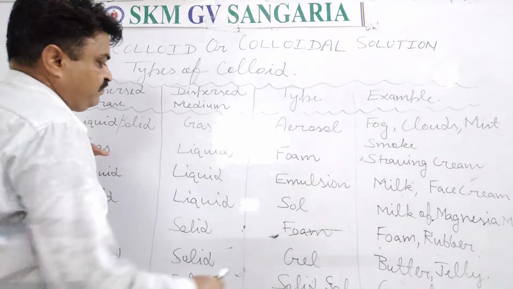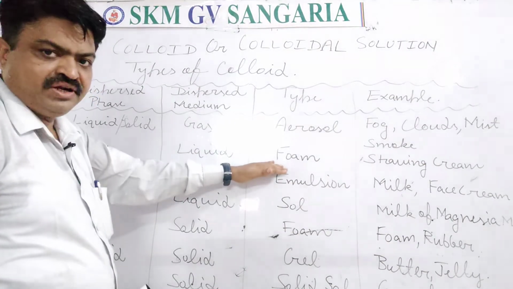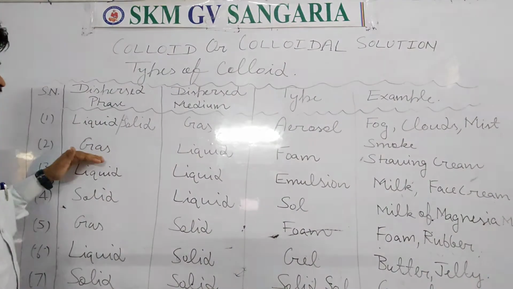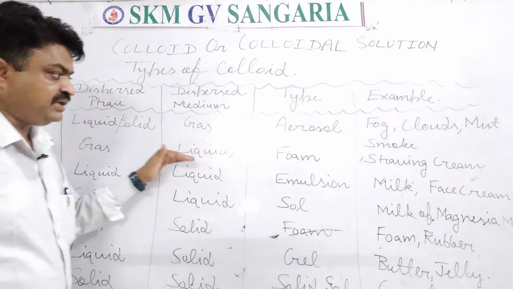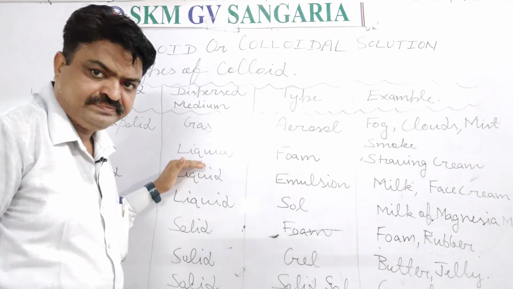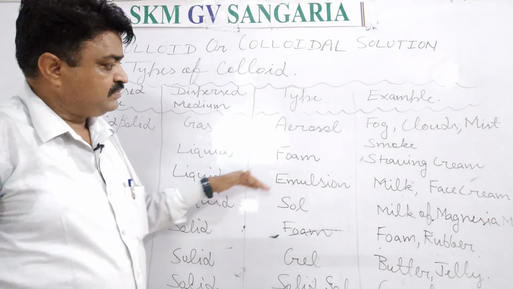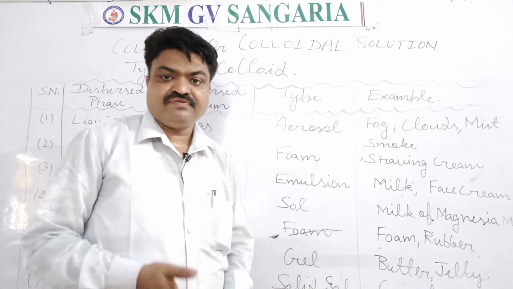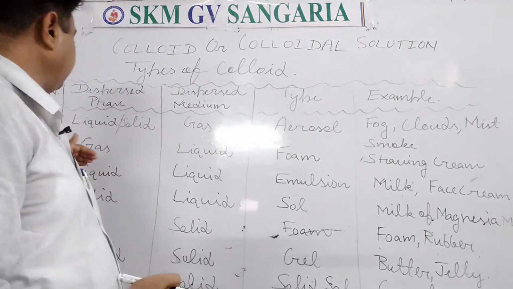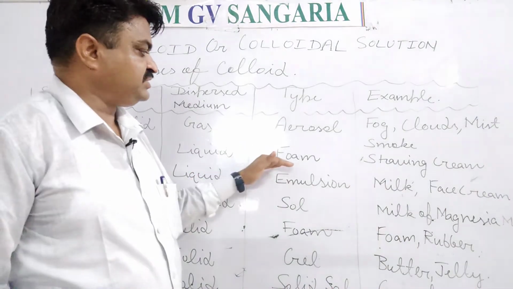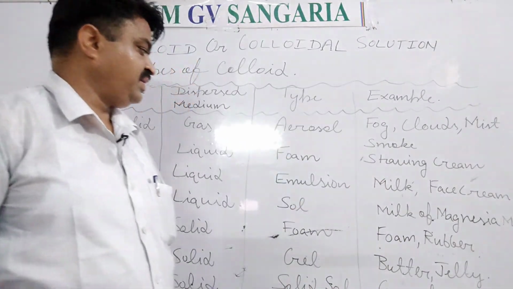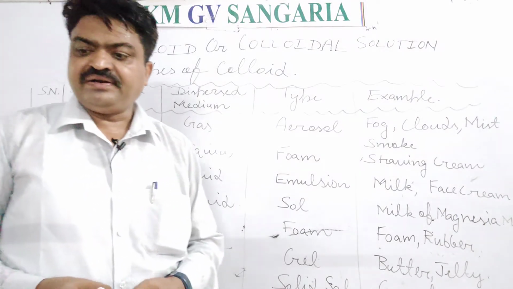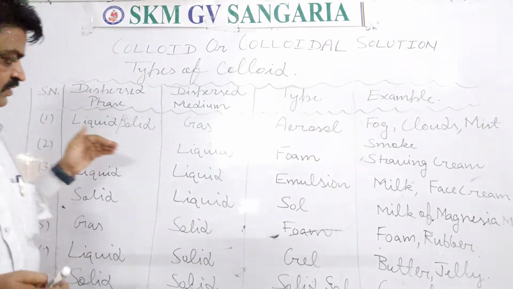foam, student. Foam is the colloid that is produced by gas, means the gaseous particles are dispersed in the liquid medium. Then the colloid that we get is known as foam. And a foam example is shaving cream. Its example is shaving cream, student. And with this, there is another